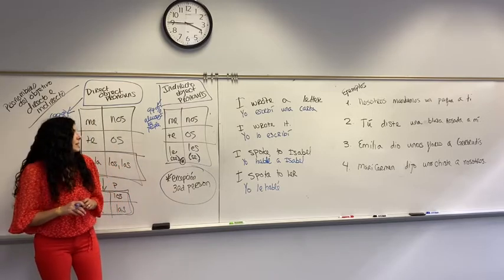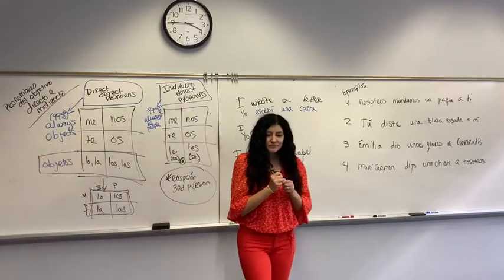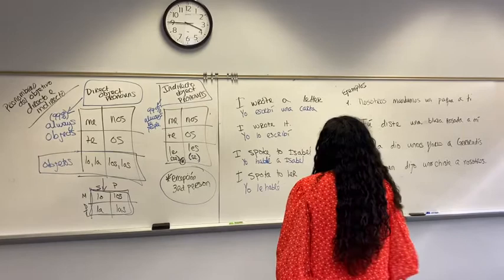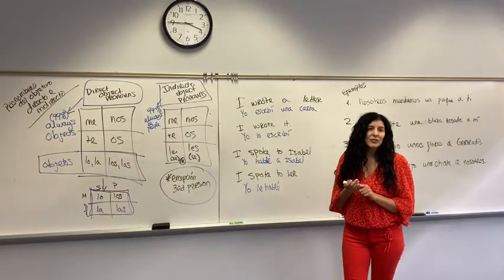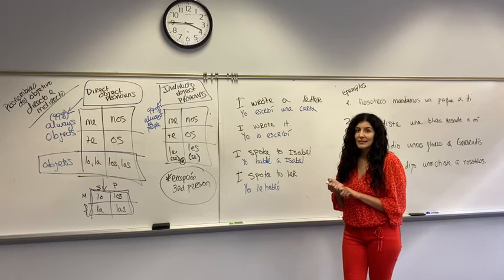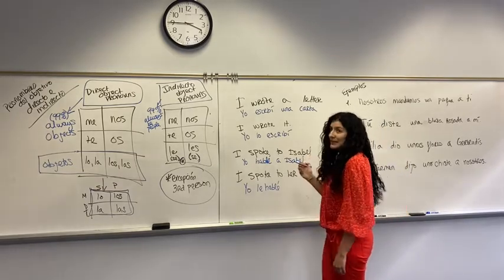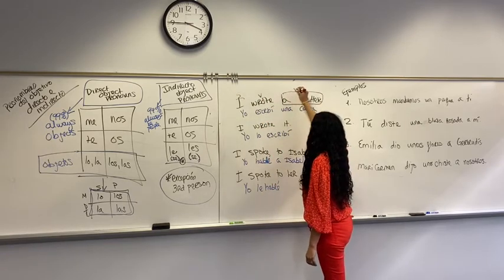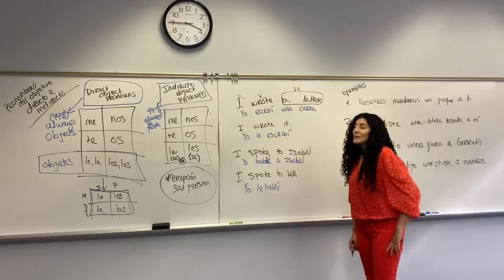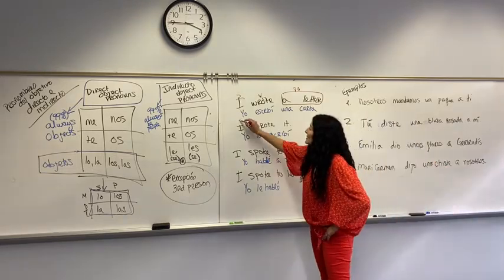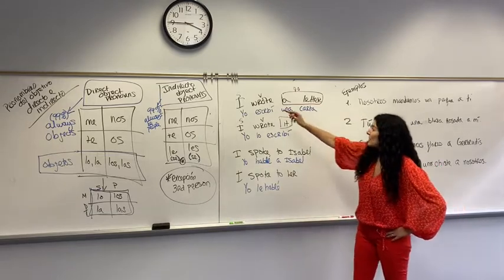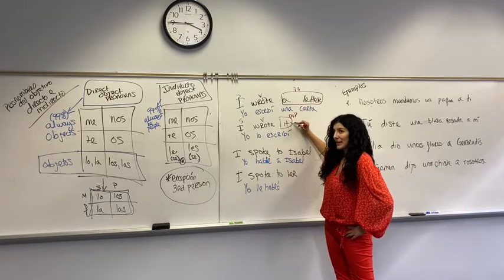And so we'll talk about that in a minute. Now in English, direct and indirect object pronouns are relatively simple. This is because in English, the sentence structure of direct and indirect object pronouns doesn't alter the sentence. If we wrote, I wrote a letter, we have the subject here, the verb here, and here we have the direct object. If we say I wrote it, we still have the subject here, the verb here, and the direct object pronoun. Okay? So we still have the same sentence structure, we've just replaced this word with it.